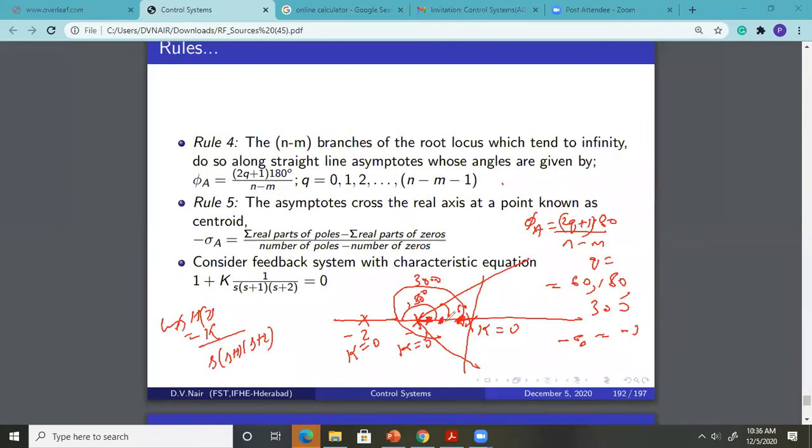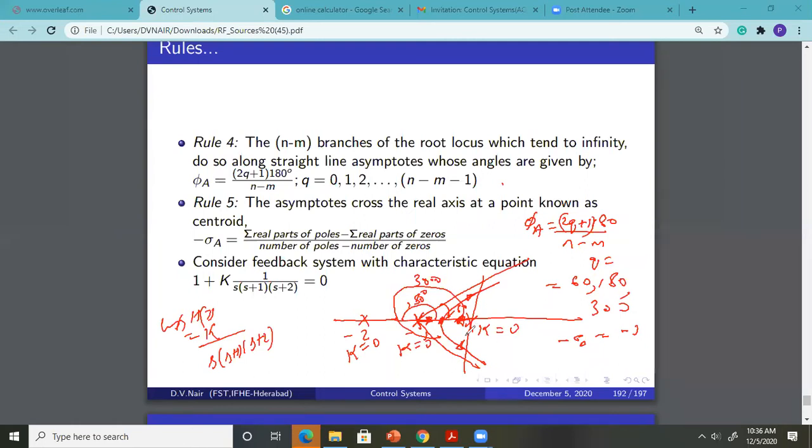Now, one branch will move like this, parallel to an asymptote. Another branch will move parallel to this asymptote. This arrow indicates the direction of progress of the branch. Why won't they move in the left side direction, sir? Because the asymptotes guide them. There is a lengthy derivation actually, that also I will give you as a small video, on how we relate the direction of travel with asymptotes.